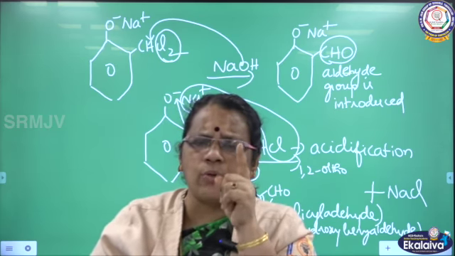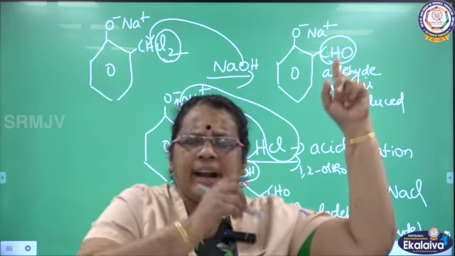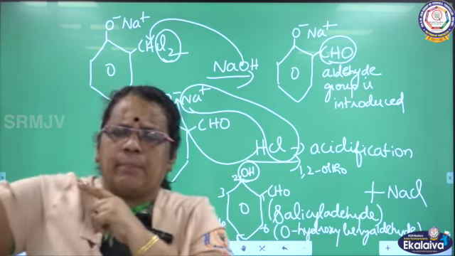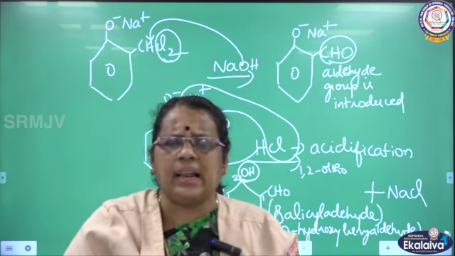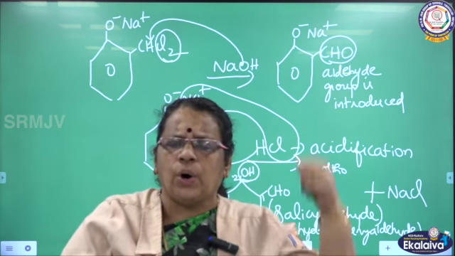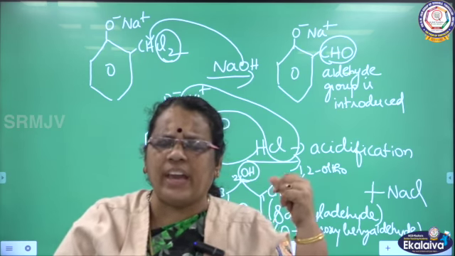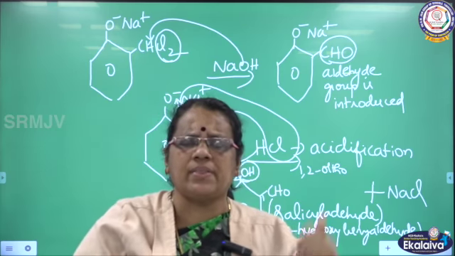One of the chlorine is removed from chloroform. One hydrogen is available from the second carbon. So hydrogen from the second carbon combines with one of the chlorine of chloroform, forming HCl. How many chlorine atoms are remaining now? CHCl2. So the CHCl2 will occupy the position of the second carbon in the benzene ring.